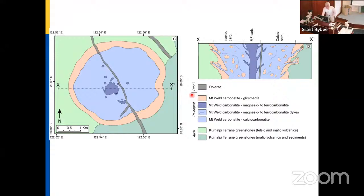So here's what it looks like in cross-section. You've got metasomatized material, glimmerites and phenites. Glimmerites being the more mafic version, where you have biotite in the rock, and phenites where you're making potassium feldspars. And you have lots of country rock material decorated in there. And you've got a lot of calcite. All of this blue is calciocarbonatite. And in the middle is where we get into the magnesio ferrocarbonatite. So I'll go into this a little bit more, but